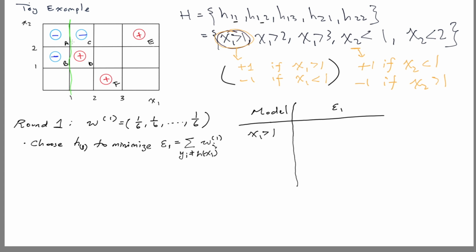Again, it's saying anything to the right of this line is going to be a positive point, and anything to the left is negative. So it makes a mistake. It classifies A and B correctly. It also classifies D, E, F correctly. It only makes a mistake on C. Okay, so